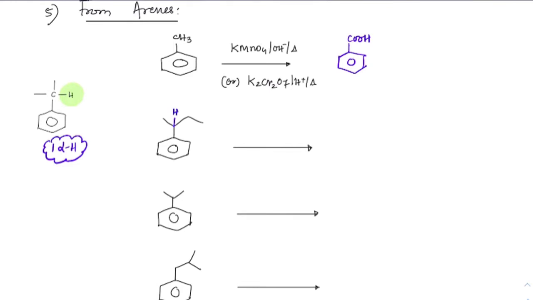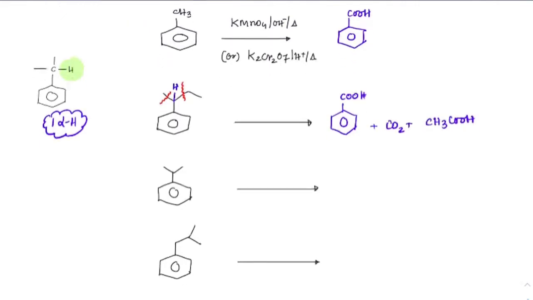So the bond will break here. While breaking, you need to be very careful. See how the bond breaking takes place. This will break on this side also. It will break on this side also. So as it breaks, what is the product we can expect here now? The product we can see is first benzoic acid plus CO2, and the 2-carbon one which is there will be acetic acid, CH3COOH. So that is the final product. I guess all of you got this.